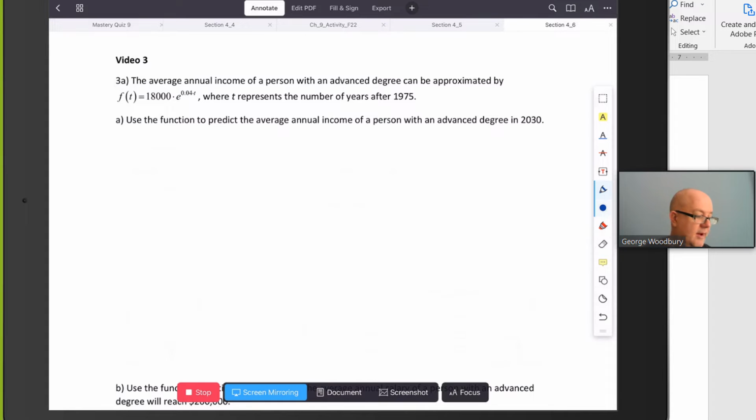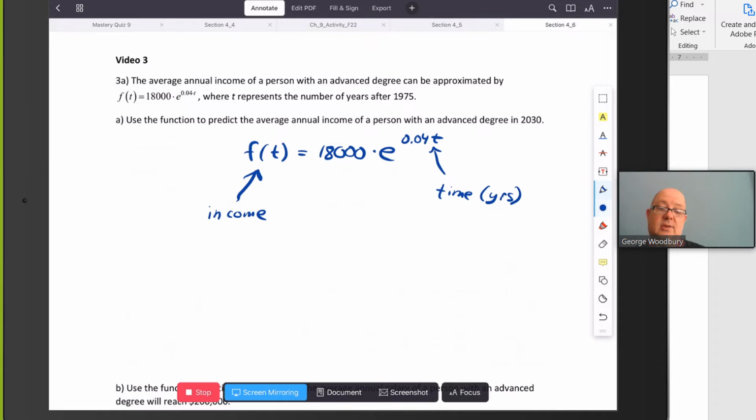So we have this function, f of t equals 18,000 times e to the 0.04 t power. And f of t represents the income, and t represents the time in years. Working with this type of problem, you're going to be given one of those two values. You're either going to be told the time and find the income, or you're going to be given the income